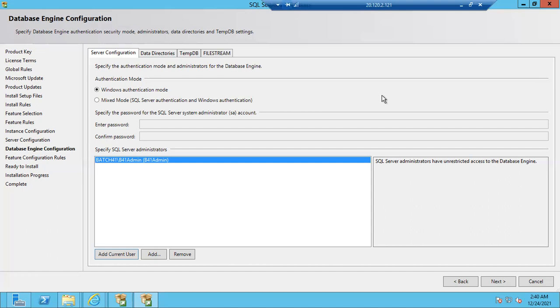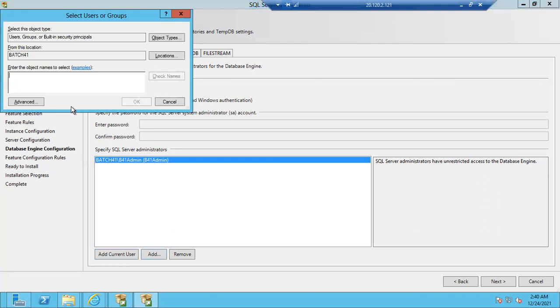If your account is created in the SQL Server, then only you can access the SQL Server. When I click current user, my account will be created during the installation. If you want to add other people, why? Because this is not for your purpose. This is for your team purpose. You have to add your whole team. You have to click on the add symbol and add your DBA team and all, so that other people also can connect to the SQL Server. If you forgot this step, other people can't connect.